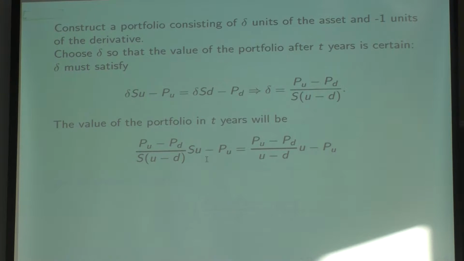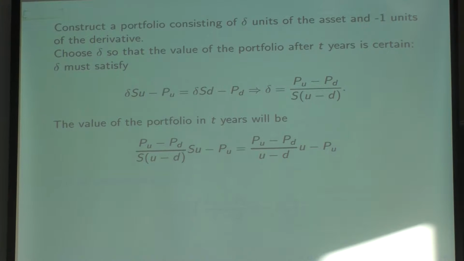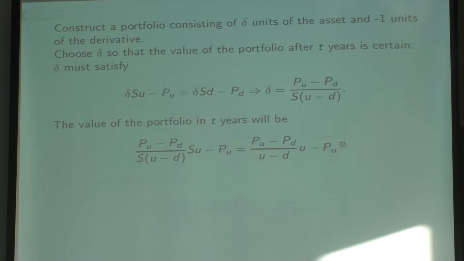There's an S here cancelling an S here, and I end up with this expression. So no matter what, if there is a huge disaster and the share price goes down,